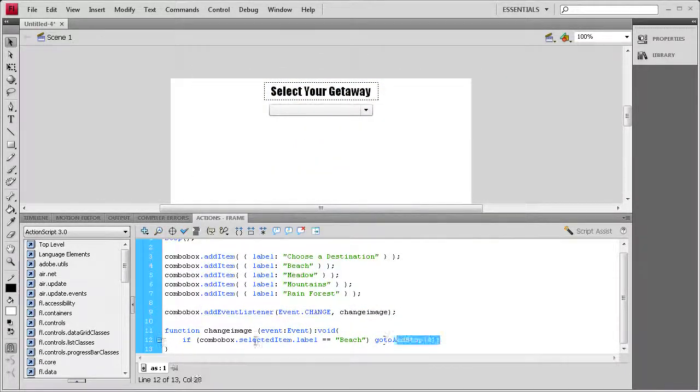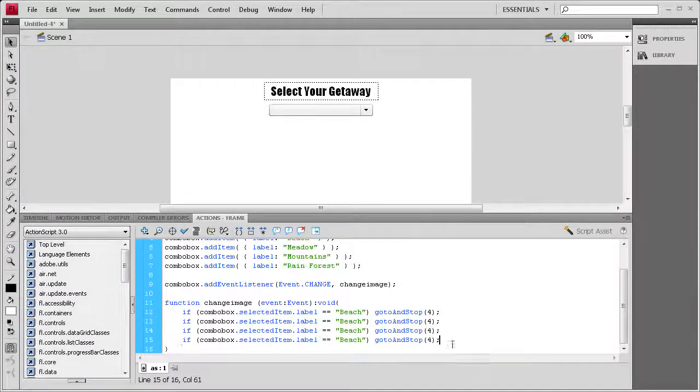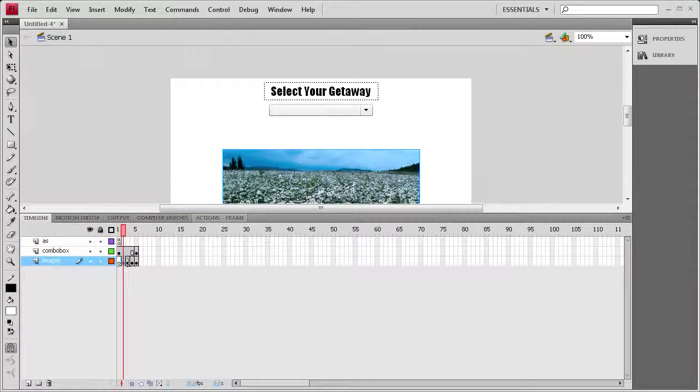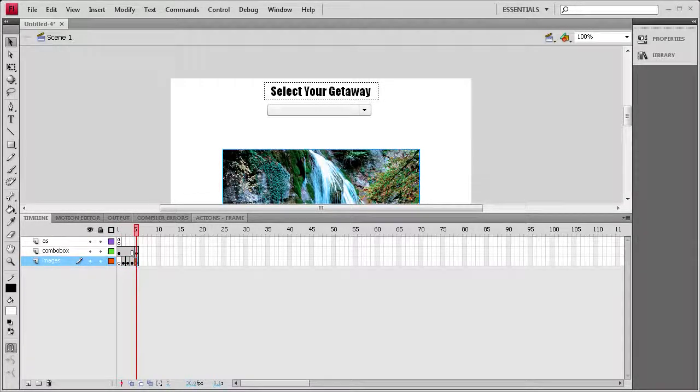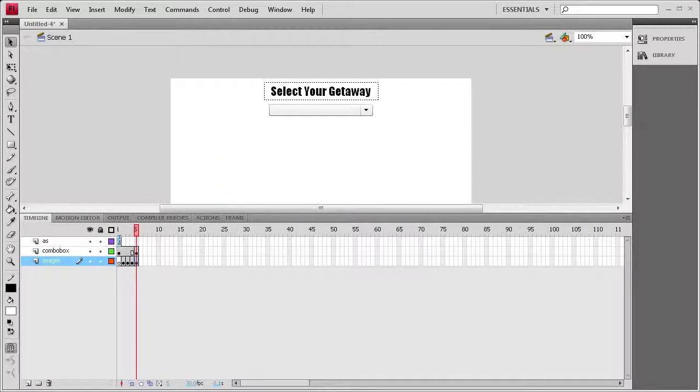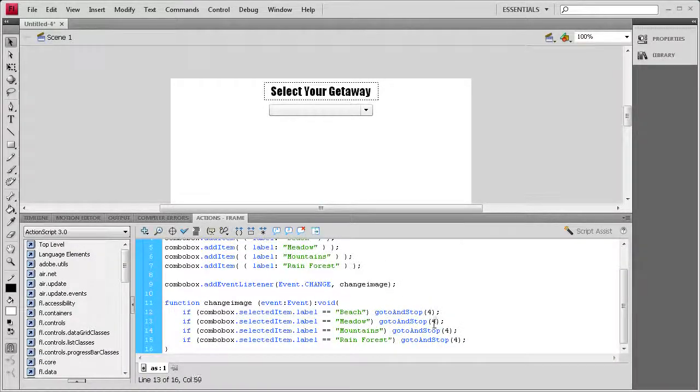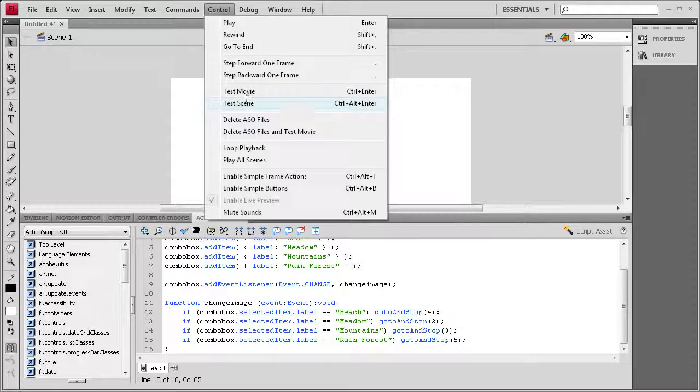So now we just need to add it for the other images. So I'm going to copy that, and then we're going to paste it 3 times. So now we need to have meadow, we need to have mountains, and we need to have rainforest. Alright, now let me look at these, and okay, so we need this one to be on frame 2, this one to be on frame 3, and this one to be on frame 5. So now we need to do Control Test Movie,